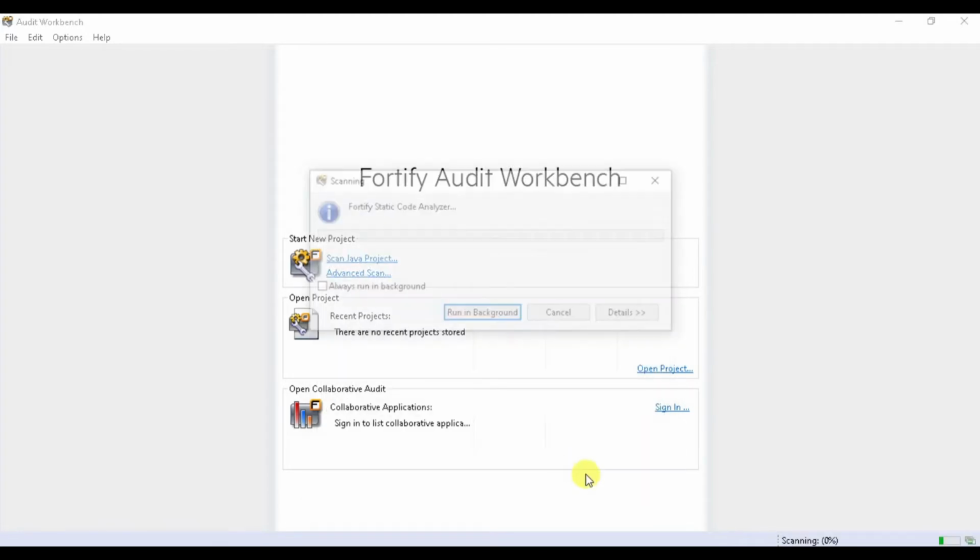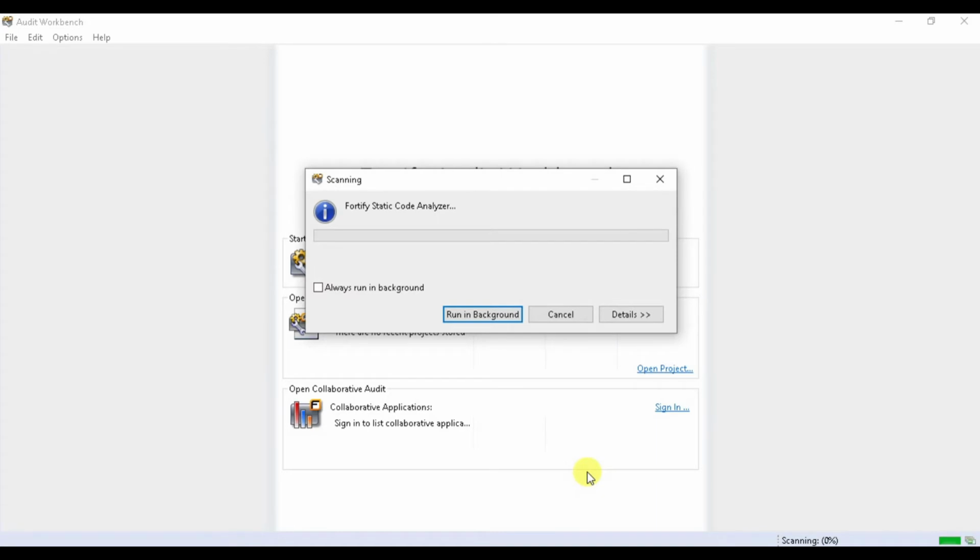So let me scan in the meantime. It is scanning my project that I have developed. To scan a project, I am doing this graphically, but you can go to the Micro Focus website also. They will show you how they use Source Analyzer manually by writing in the command window, but I am not in favor of that, because I believe that graphically it also works the same way.